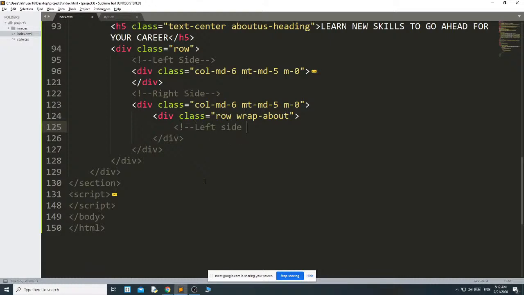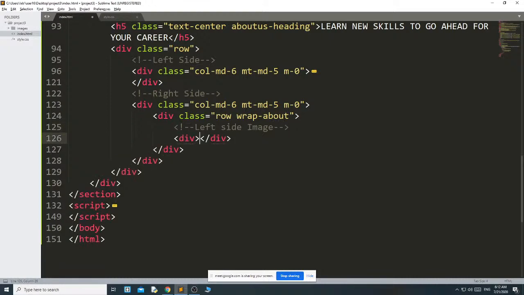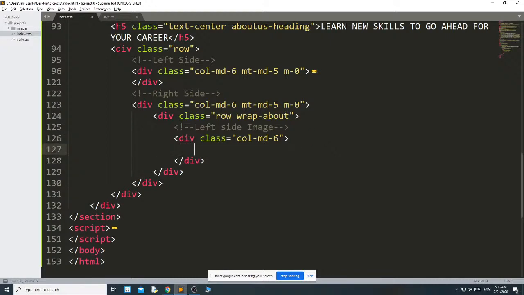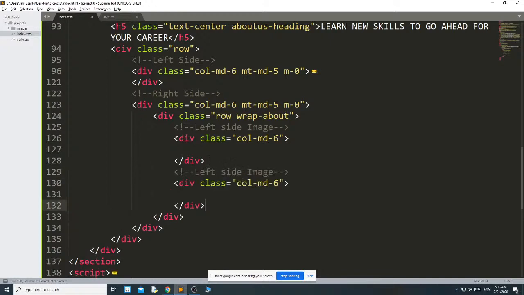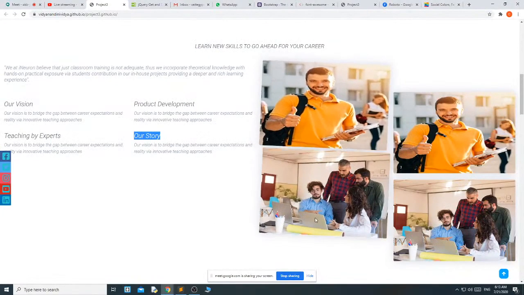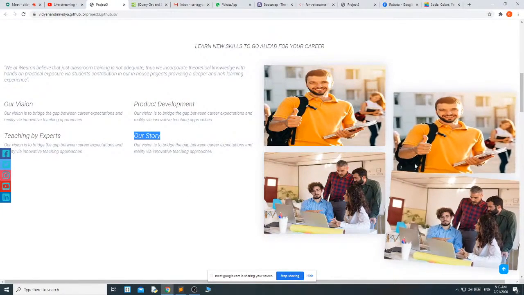Left side image, here I am going to use div class col md6, okay, and the same thing for the right side image. Then in left side I have two images, in right side I have two images.